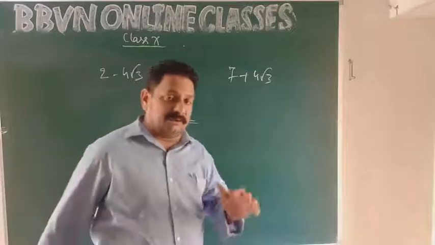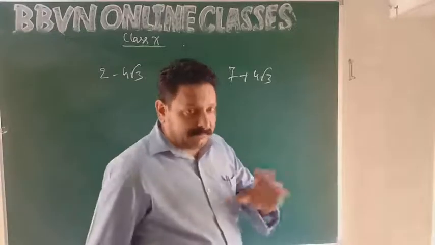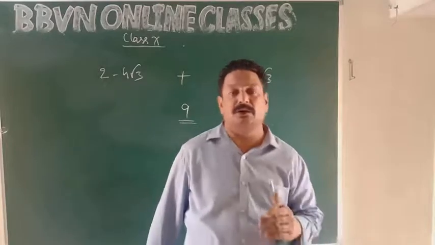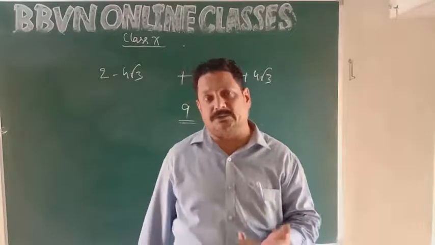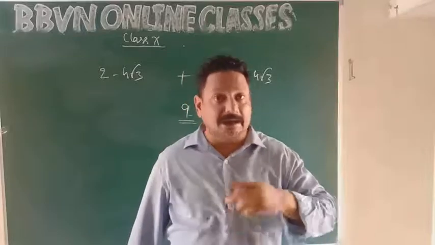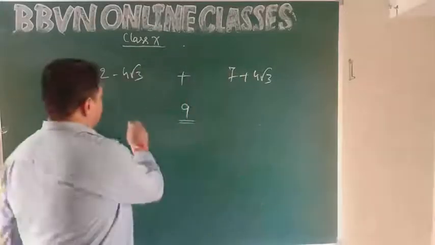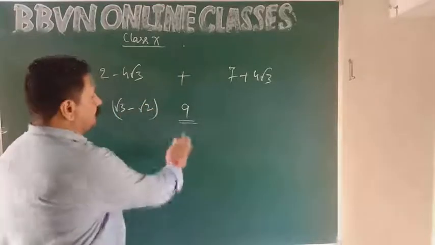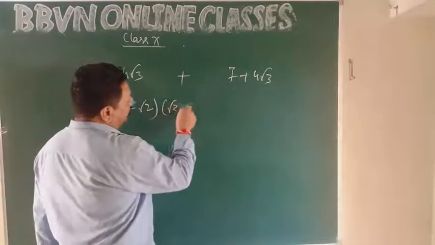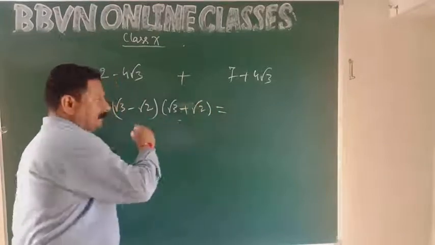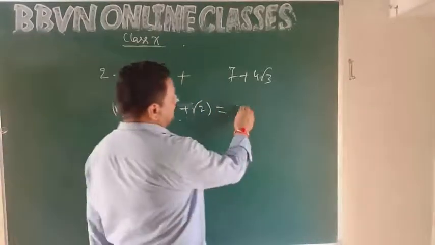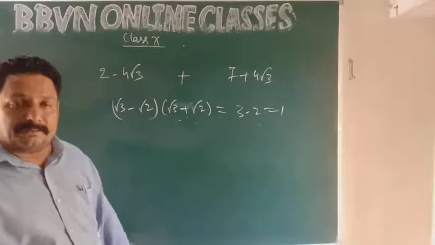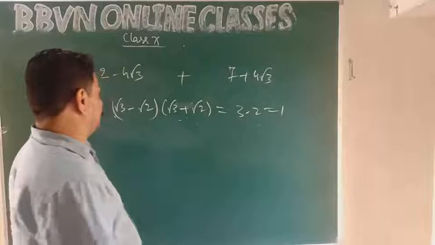In the same way, you can have difference also. So the difference between two irrational numbers, or the sum of two irrational numbers, or the product of two irrational numbers, or the ratio between two irrational numbers can be rational. Like under root 3 minus under root 2. This is irrational. If you see its product with under root 3 plus under root 2, a plus b into a minus b, a square minus b square, 3 minus 2, that is 1. It turns out to be rational, right? So these are the things to keep in mind.